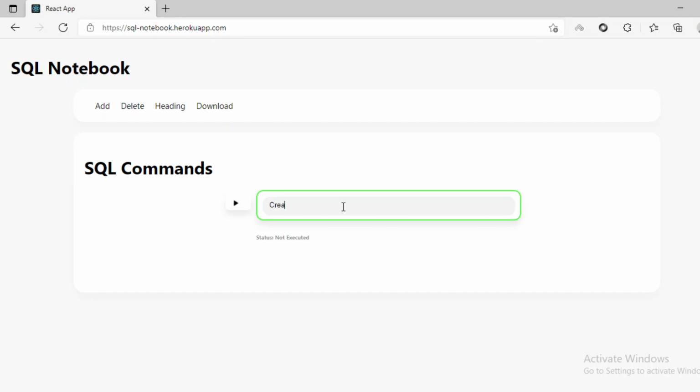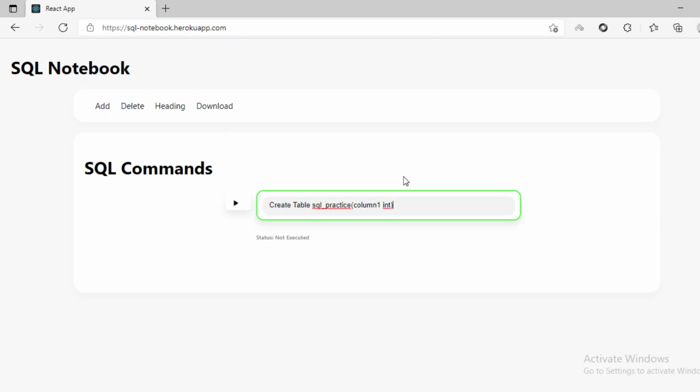Create table. Let's give a table name, let's say sql_practice, like this. Let's give some columns to it. Let's give a column like column1, and the type would be integer.